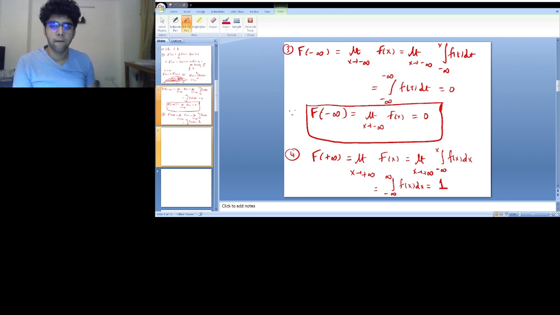So this means that my F of infinity is equal to my limit as x goes to infinity of F(x), right? So when I just substituted infinity in place of x, I got the integral from negative infinity to positive infinity,